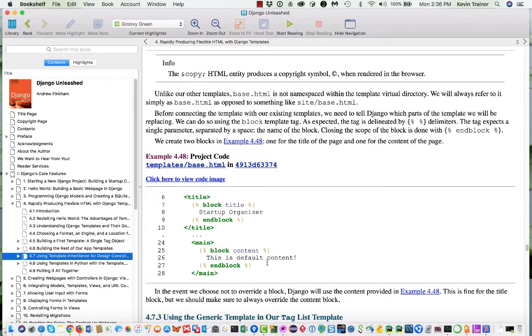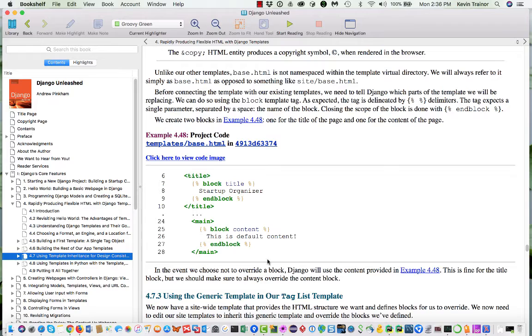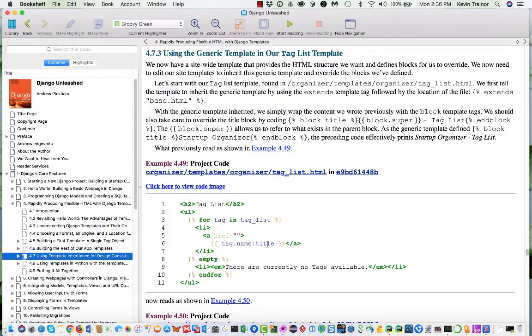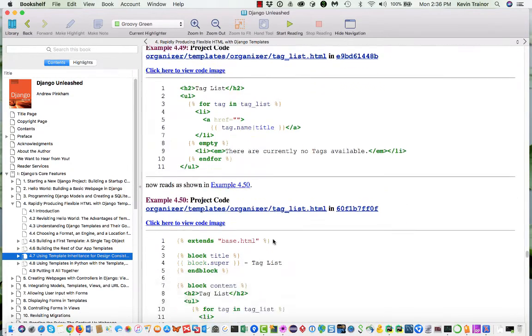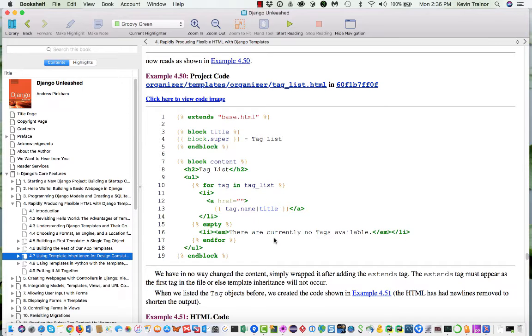Okay, and then I don't know why he's putting that in there. It's not going to make sense there. And then he walks this down through here. And here is